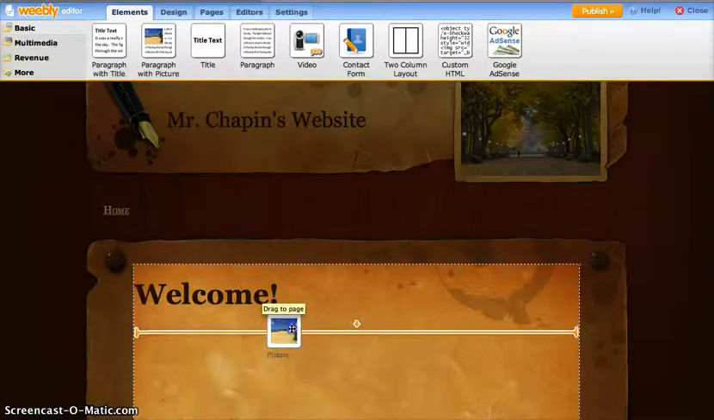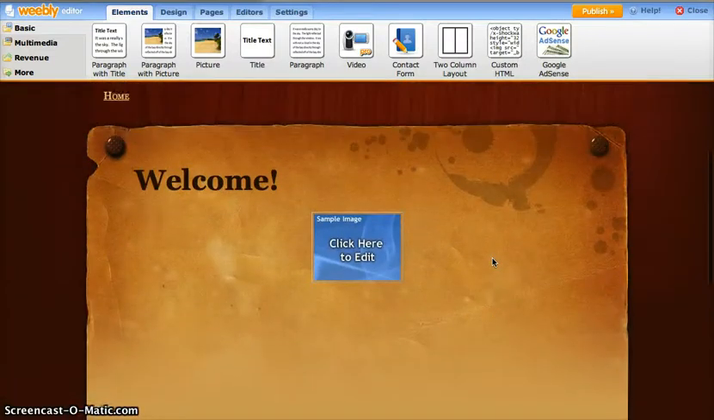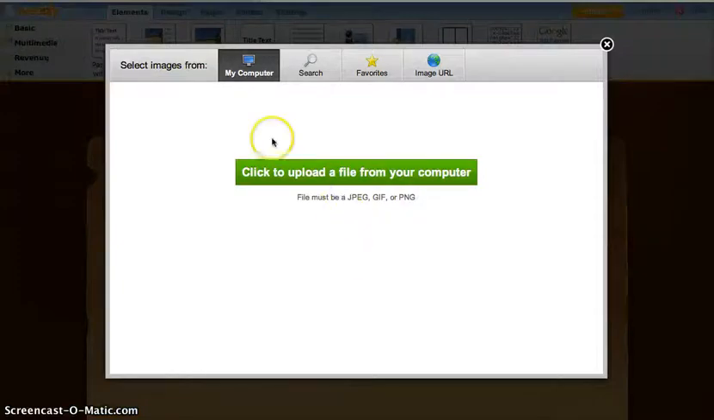If I drop it where the orange bar goes below the title, it'll drop below the title. So I'm going to drop below the title. Whoa. Alright, and here's my sample image, so that's where it's going to go. So I'm going to click on the image, and that'll bring up a window where you can pick what picture